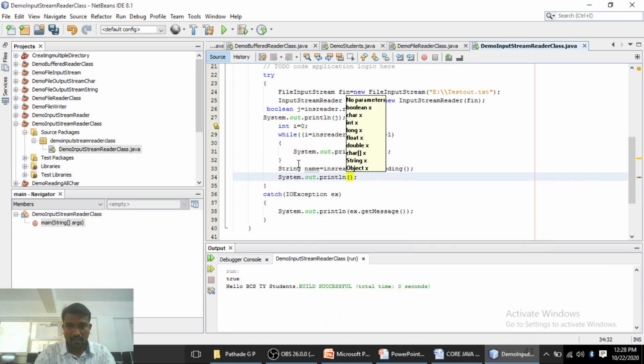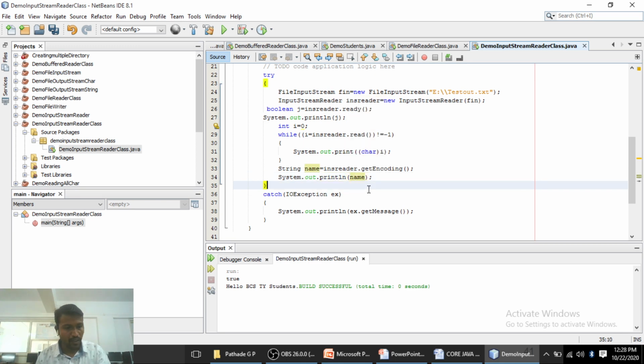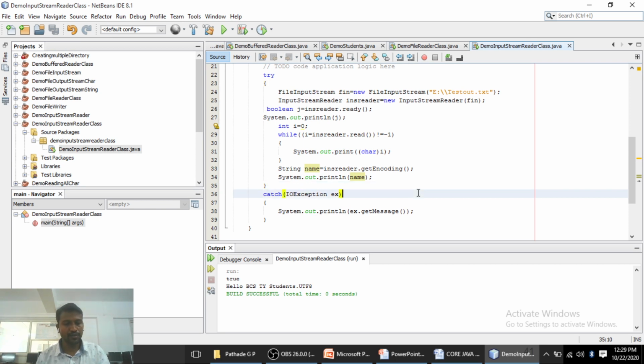On the next line, that's why we use the println method, and use here the name. Let's save this particular program and run this program. See here, UTF-8. So we are using the UTF-8 encoding scheme. I think all of you have understood. Thank you.